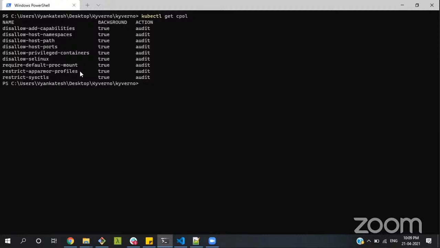So when we install Kyverno using Helm, we will get all the pod security policies by default. Before this release, we had an issue with the pod controller for Helm. So if we describe these cluster policies,